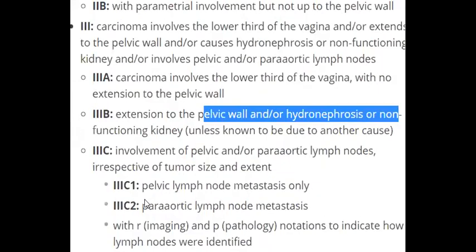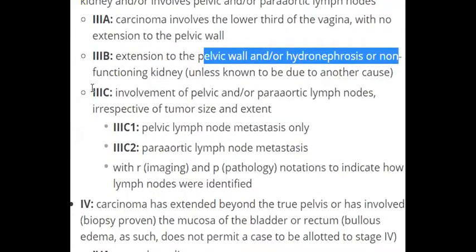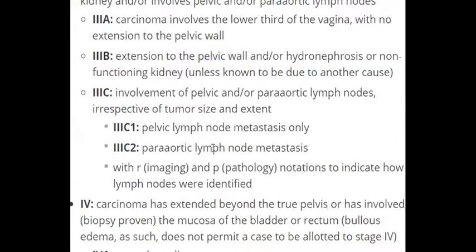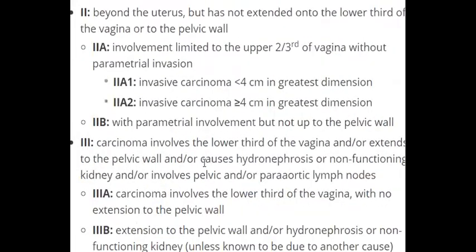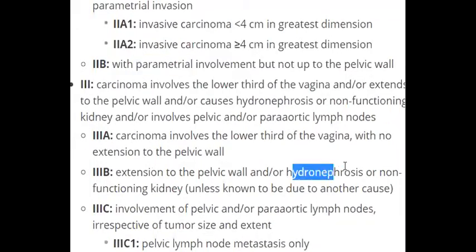And they add something in the new staging, that there is 3C. When it reaches with para-aortic metastasis and pelvic lymph node metastasis, it is 3C. So take care about this. Anyway, the most important for the exam is to remember the difference between 2 and 3. When it is the B, remember the B for parametrial or pelvic, okay? When it's just parametrial without pelvic, then it is 2B. When there is extension to the pelvic, especially the ureter, okay? So you are talking about 3B.